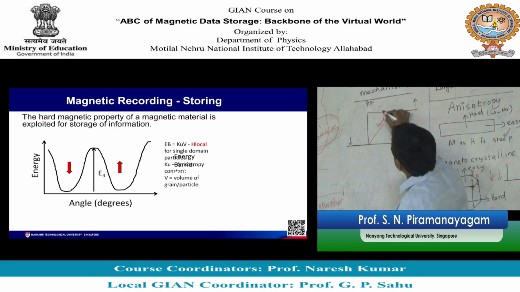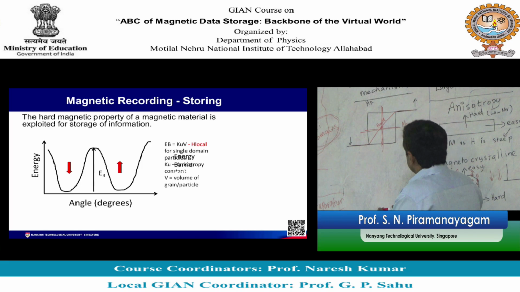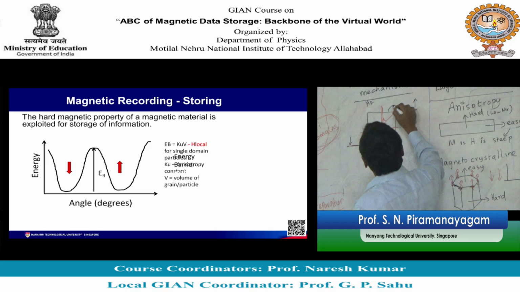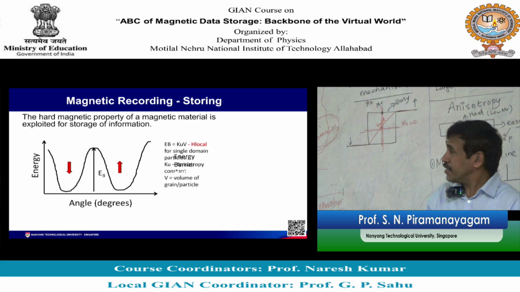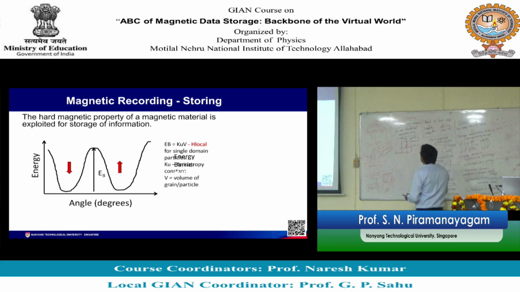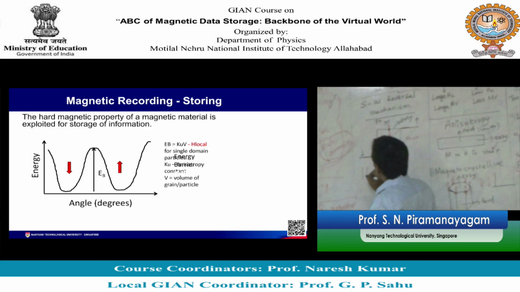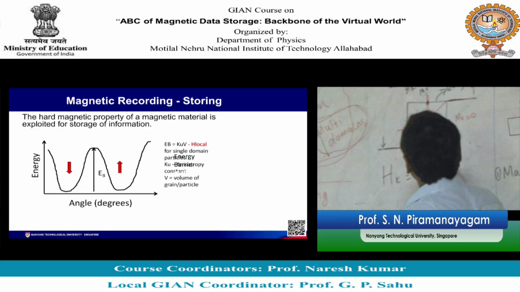So, you notice that in the hard direction remanence is 0, whereas in the easy direction you have a large remanence. Okay. So, it switches at HK. All these things we learnt. Okay. So, I also told you that this HK is equal to 2 Ku over Ms,